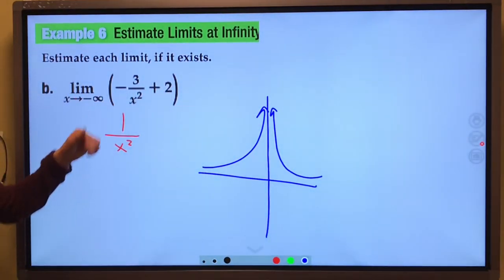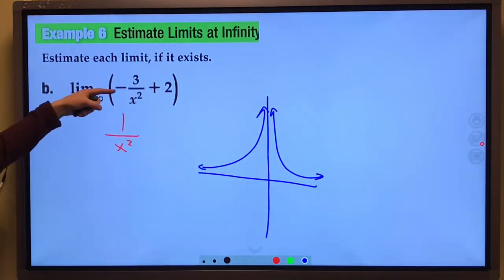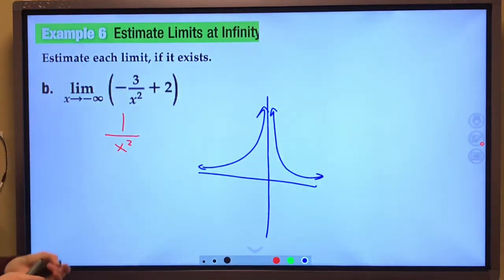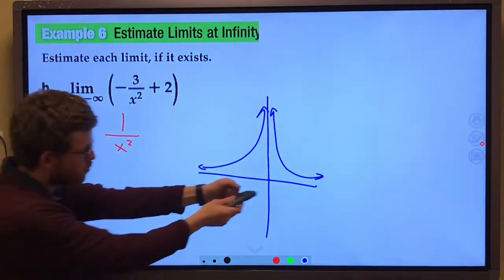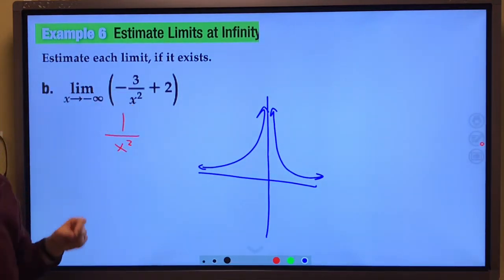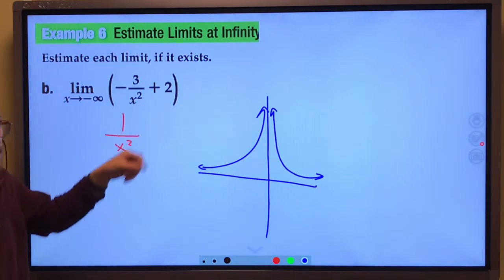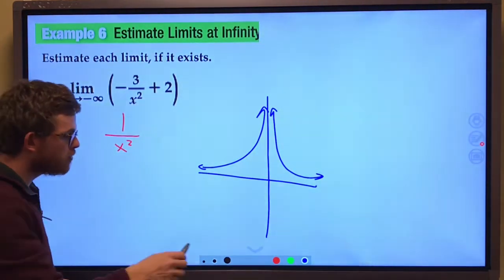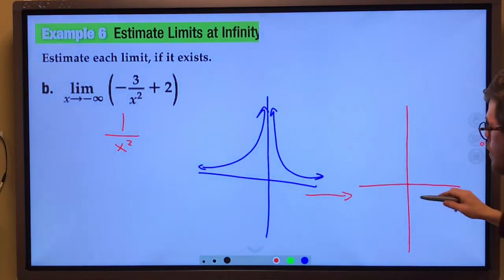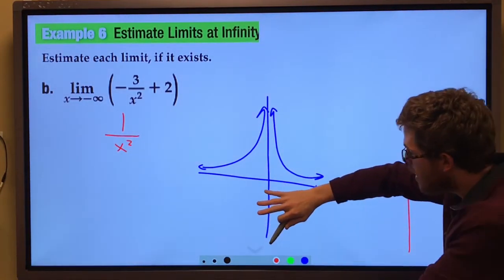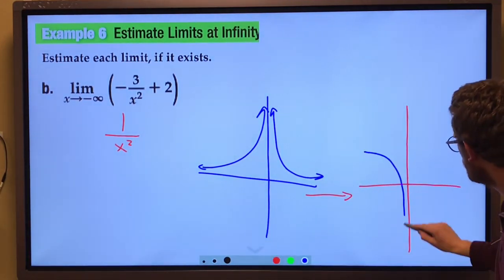Now think about the transformations that have happened on this. First of all, negative means we flipped it across the x-axis. It was stretched by a factor of 3 because we can see it was multiplied by 3. But most importantly here, plus 2. So after those transformations, it was flipped, it was stretched, but then it was shifted up 2 units. So it now looks something like this,